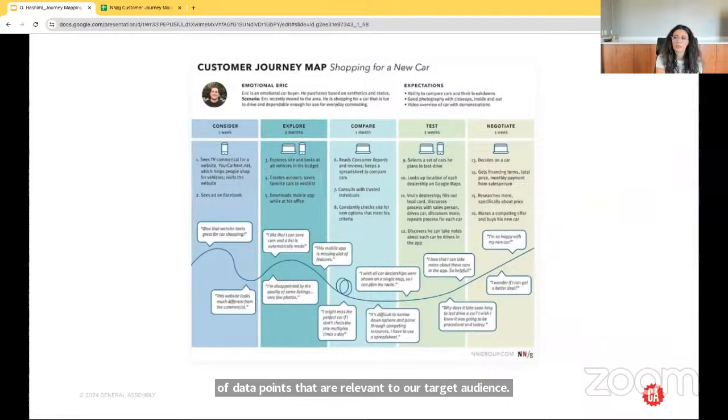So here are some more examples. This is the more high level example by the Nielsen Norman Group. It walks us through the journey of emotional Eric buying a car and the timeline of his behaviors and actions and what he's thinking and feeling along the way. Also includes his expectations. And what you will typically see with a journey map like this is a section down at the bottom where opportunities are also